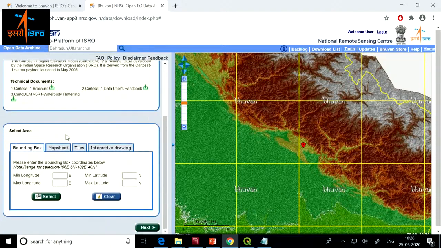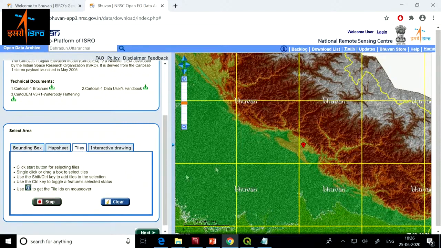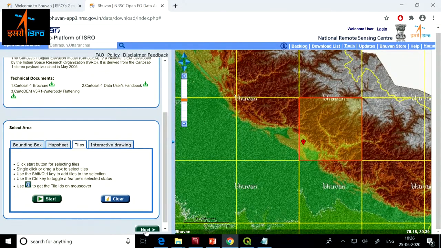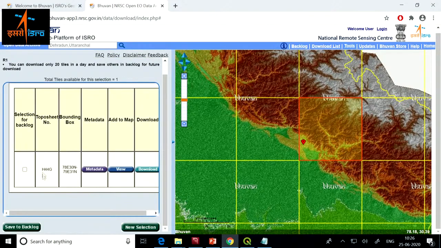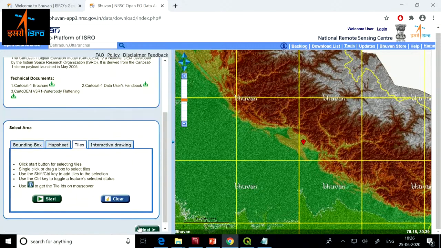So no problem. Here on the left side, you scroll down to tiles, then click on start, click on the tile that you're interested in, click on stop, then click on this next button here. You will see that it is showing that this tile that I have selected belongs to topo sheet number H44G. There are several ways you could do this selection.